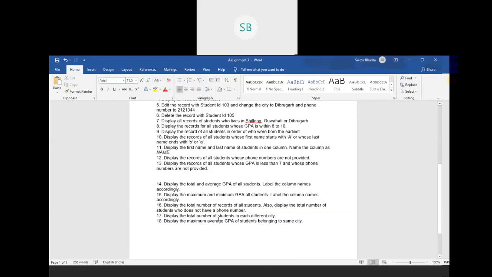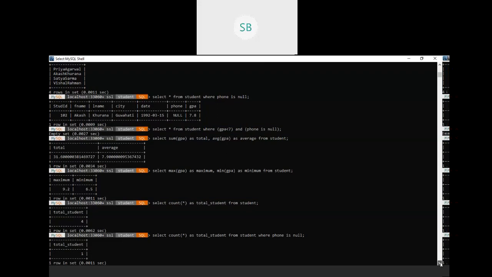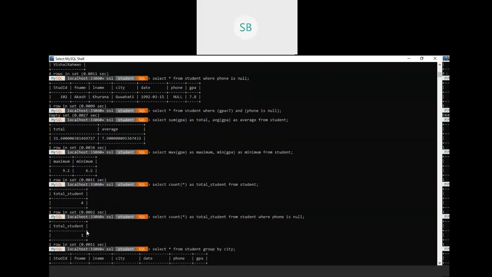Also display the total number of students who do not have a phone number. Same thing, we are counting the students: select count star as total student from the table student where phone is null. In that case, our answer will be only 1.